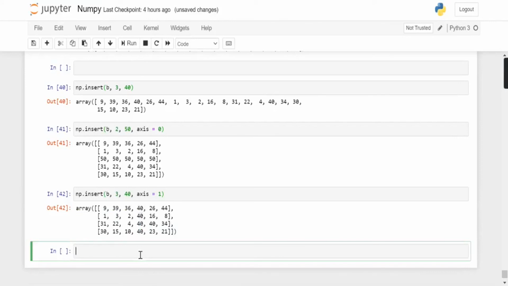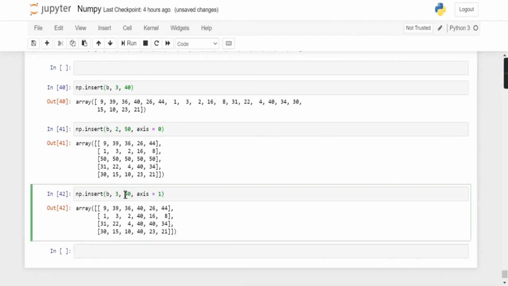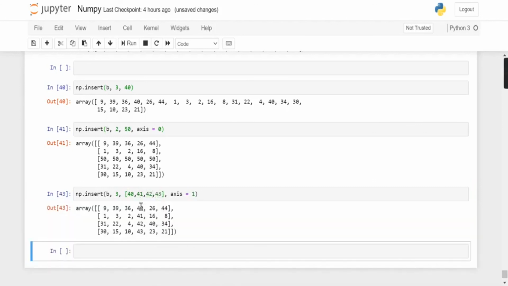And let's say you don't want to add only 40 over there, for that you can simply take a list of values of the same size. So here we can add only 4 values, 40, 41, 42 and 43, and now when I run it, we are able to change the values.